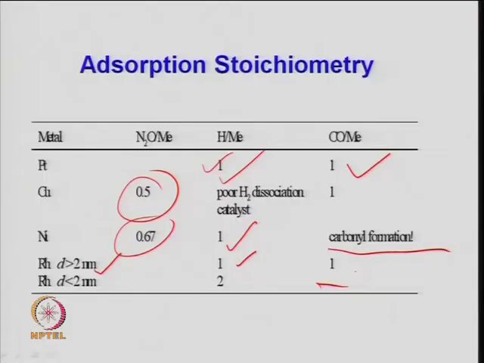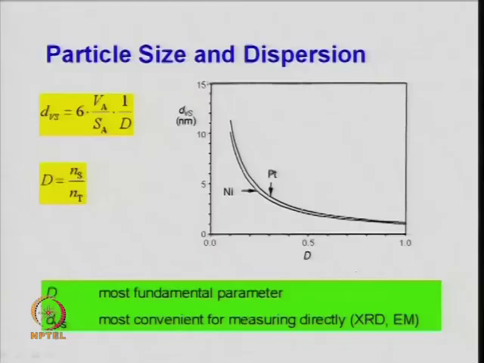So, what I mean to say, the stoichiometry should be known a priori, right, that whether the adsorption is associative or dissociative. So, that can be calculated based on the bond energy or binding energy, right, or then one can have the idea whether it is associative or dissociative chemisorption, and then calculate the number of active metals. So, once that is done, then you can find out the crystal size also, right.